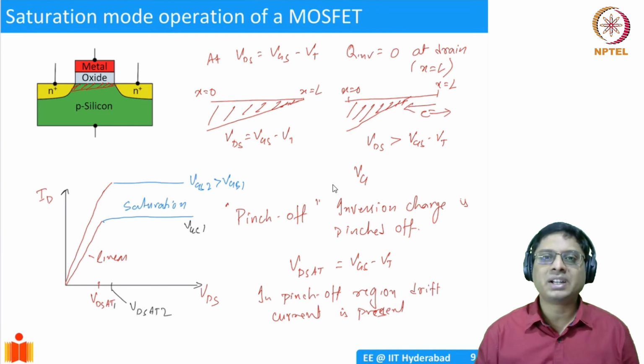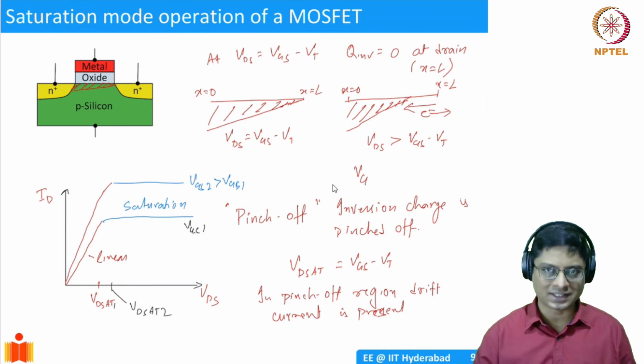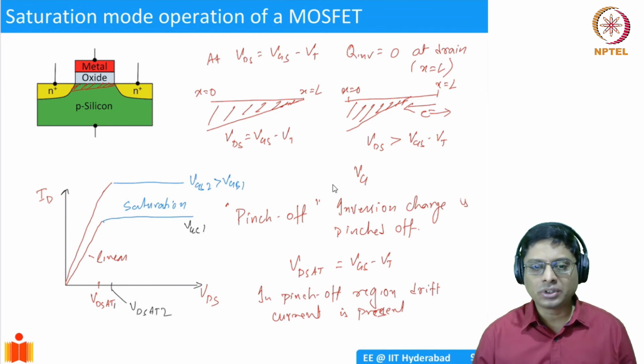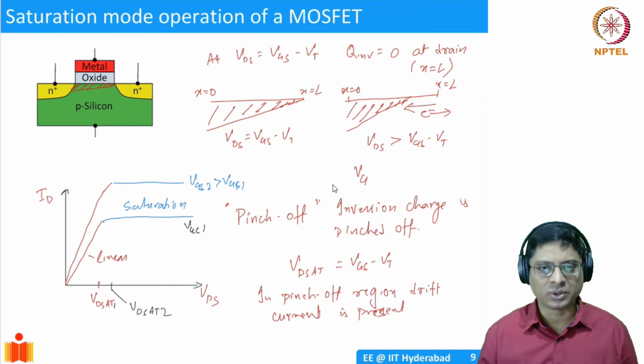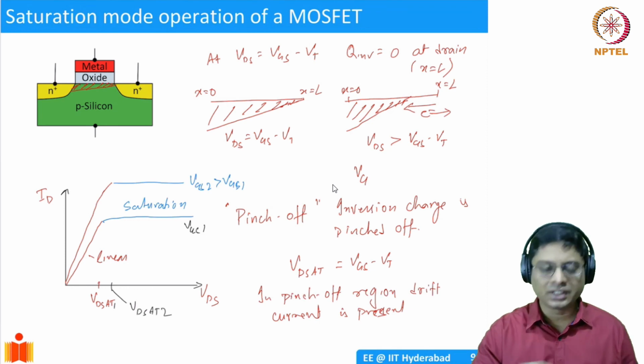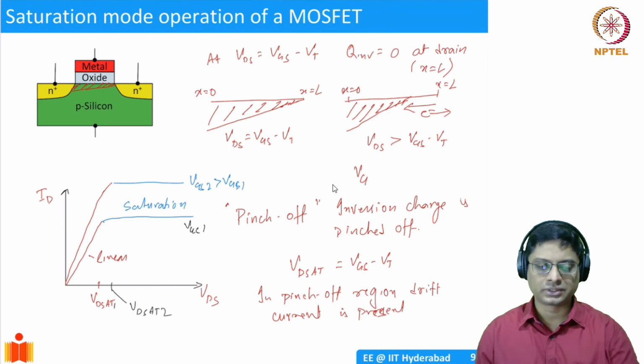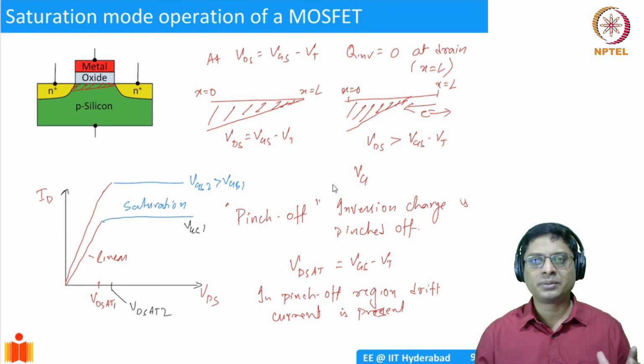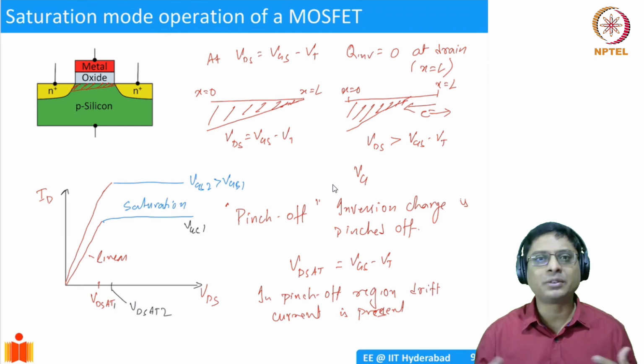So these are the three main modes of operation of a MOSFET. The subthreshold regime, where ideally the current is zero, but practically it is going to be exponentially dependent on the gate voltage. We will see the exact dependence later on. In the linear mode, the current is directly proportional to the drain voltage. In the saturation mode, if you increase VDS, it's not going to lead to any change in the drain current. Okay. So this is the phenomenological or qualitative explanation of various modes. We will actually derive the current expressions in the next lecture.